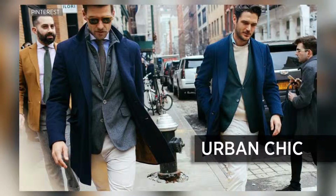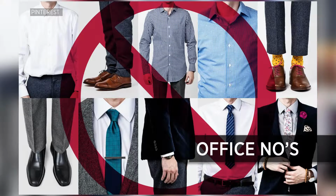Yes. But I think we should talk about occasions and occasionality of where you might need to layer. Okay. So let's talk about conventional office wear. There are a few big don'ts when it comes to conventional office wear, when it comes to layering. We've sort of been there and done that. So office 9 to 5, you're most likely to be wearing a suit, obviously, when you go to work as well. Yes. But there's so many do's and don'ts when it comes to cuts and silhouettes and shape and style. So when you're actually adding layers to it as well,